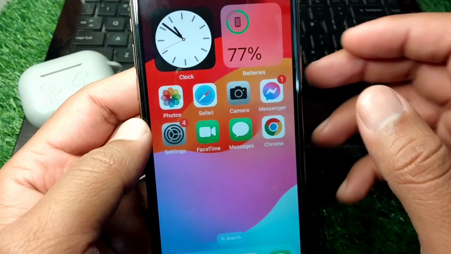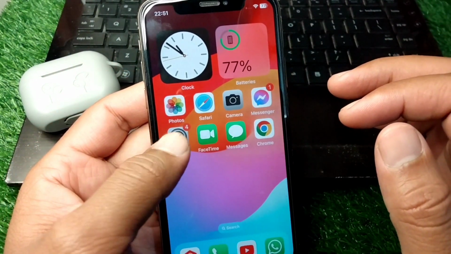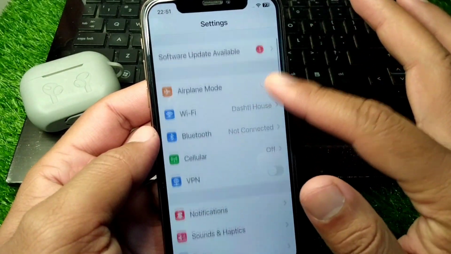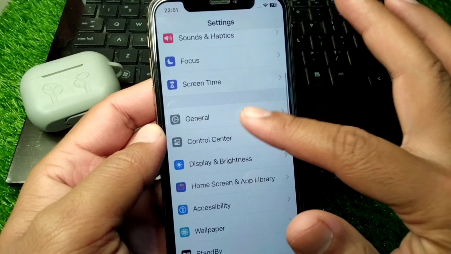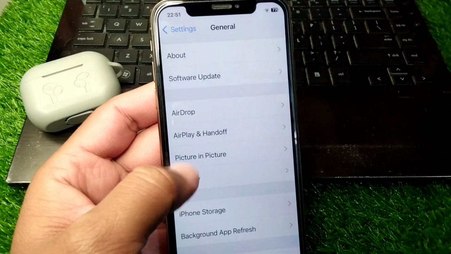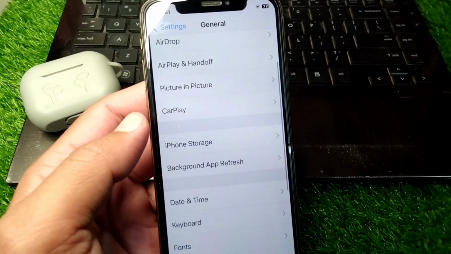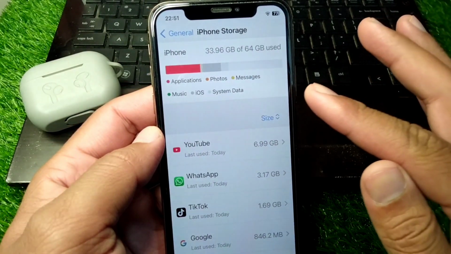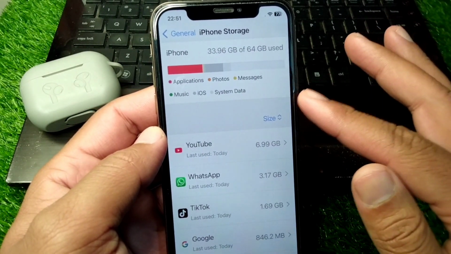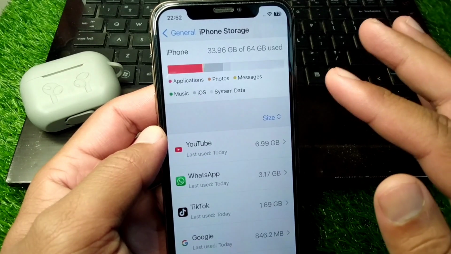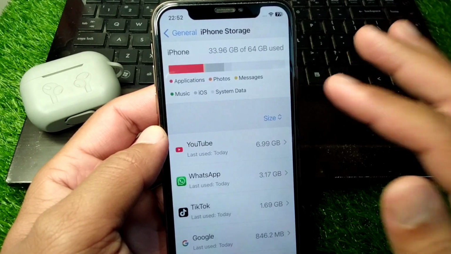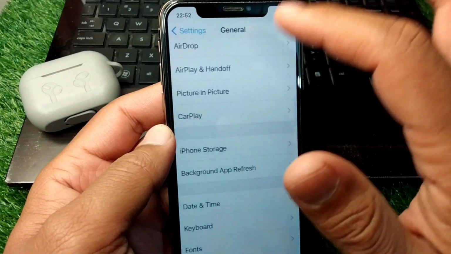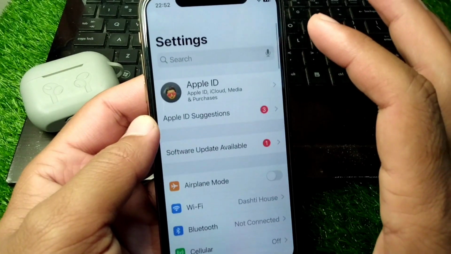So guys, first of all go back to your home screen and now open Settings on your device, scroll down, tap on General, again scroll down, tap on iPhone Storage and make sure that you have enough storage on your iPhone. So if your iPhone storage is full, then delete some useless data, and after this go back